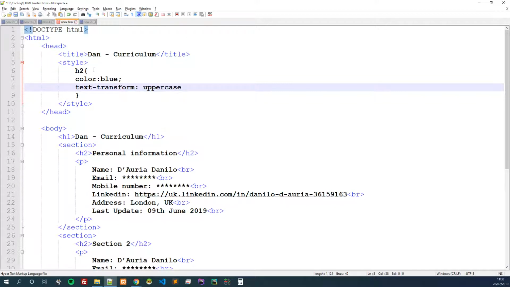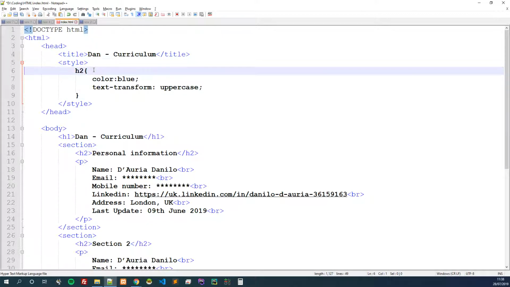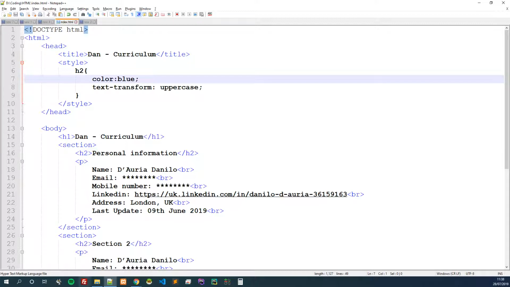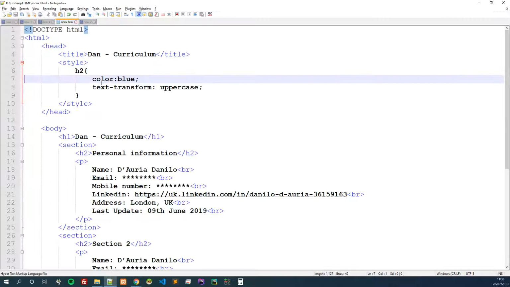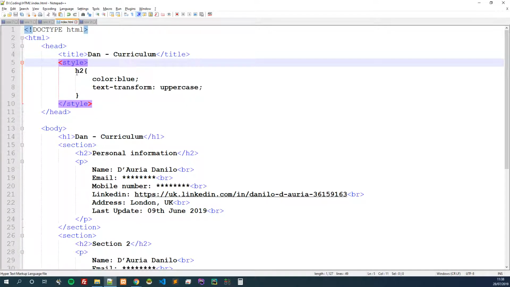So just write text-transform: uppercase. You see also I'm indenting the style here as well. So for the H2, if I save it, then here's an uppercase. Okay. Now, as you can see, in this way we can then add style to